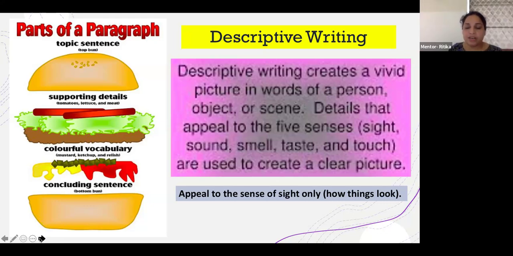So when we write a descriptive paragraph, we always start with a topic. The first sentence should be related to the topic, and then one by one, you have to tap on each and every detail. Let's start by adding a lot of senses. Let's start from sight, then smell, then hearing, because you hear various sounds, isn't it? So you can use a lot of onomatopoeia. You can relate the senses with figures of speech as well.